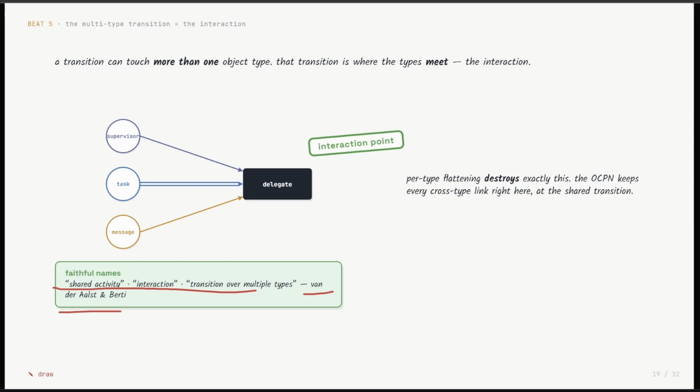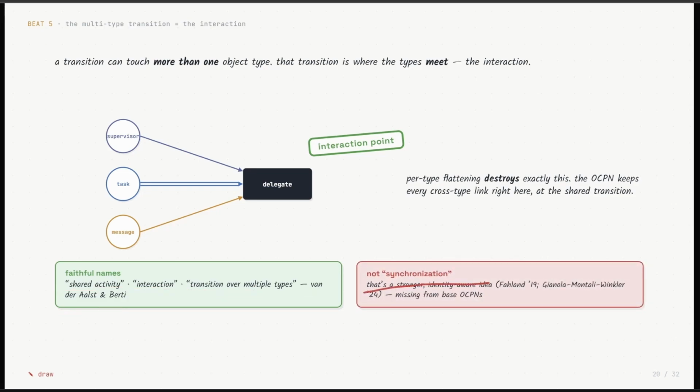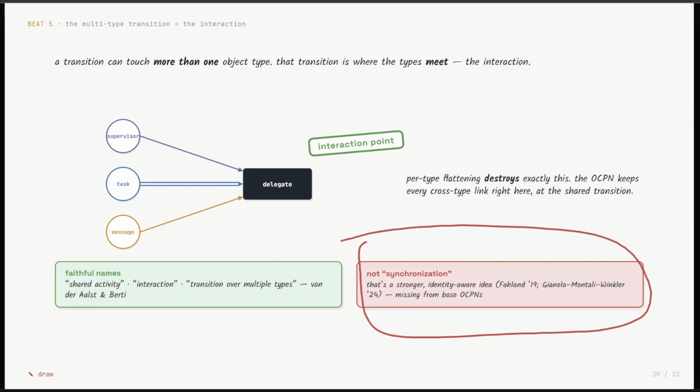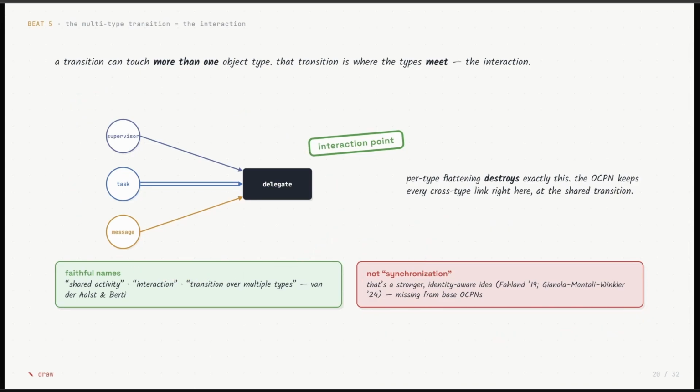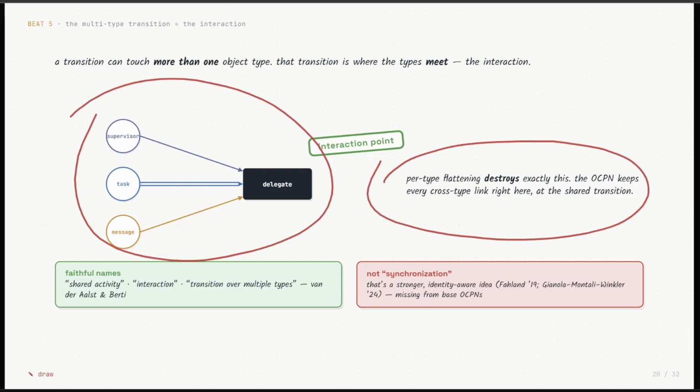And you might be tempted to call it synchronization, but that's a very different thing. This is something we will talk about in other papers and in other videos. Synchronization is stronger than what this entails. So for now, forget about synchronization, just call it interaction. We will come back to this later on. And one thing that's nice is that here we are keeping the same type of interactions that flattening could destroy